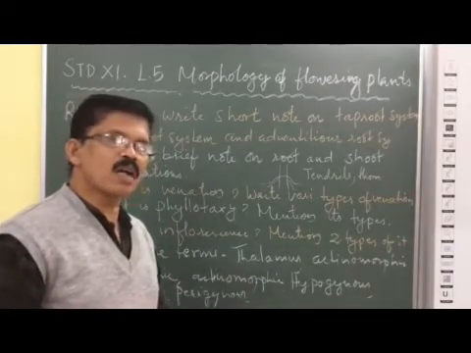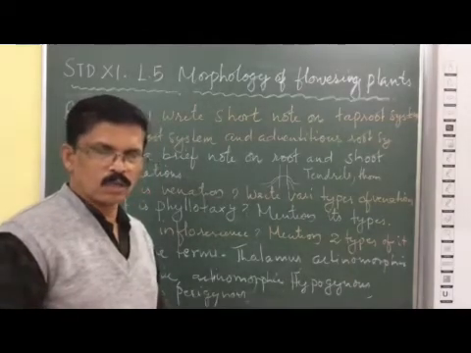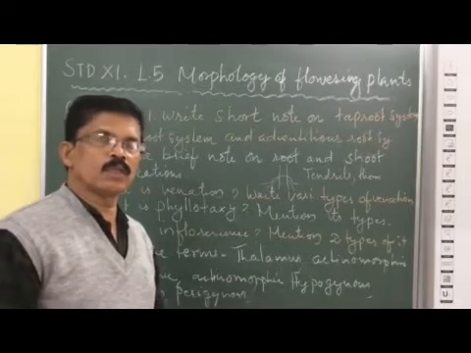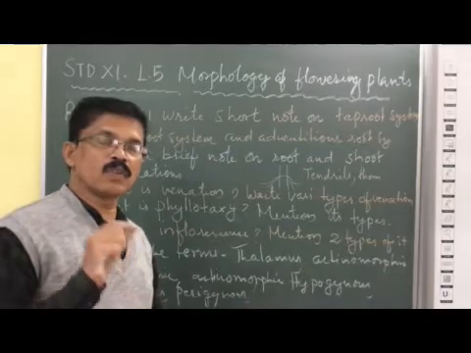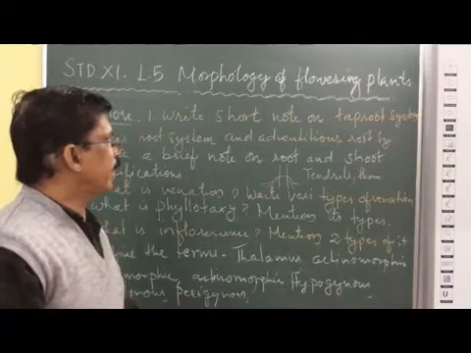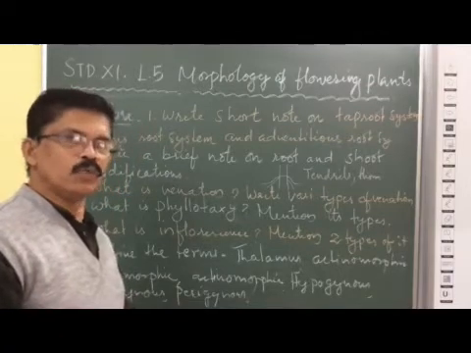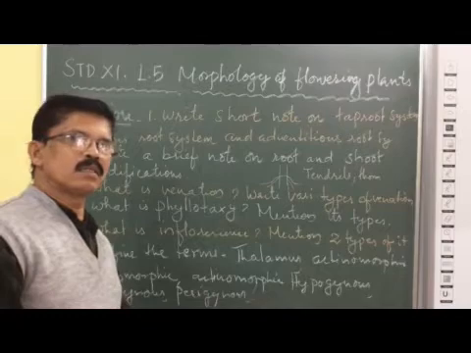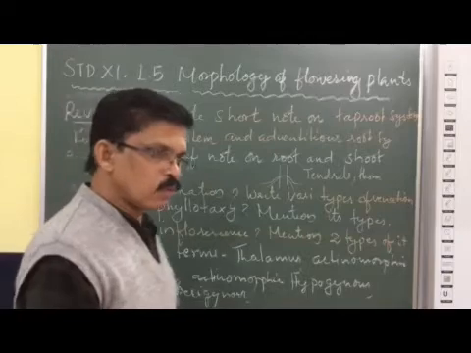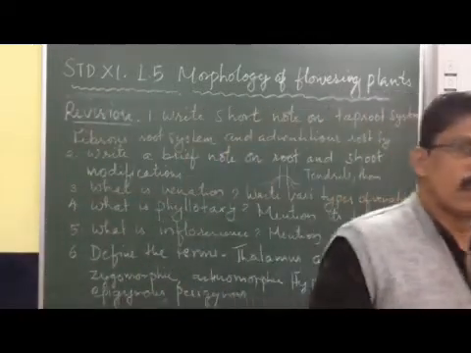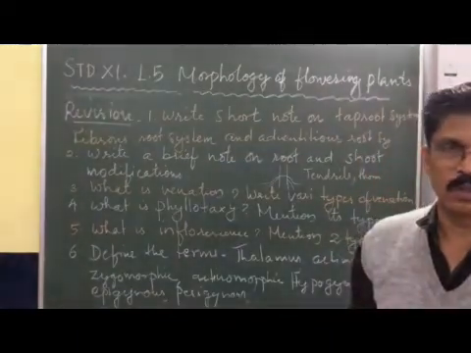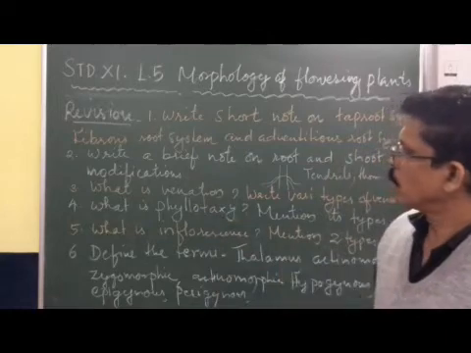Now, thorns are hard and pointed structures formed from the stem buds, which act as a defensive organ for the plants. Again, in cactus and euphorbia, we can say the stem modifies into a fleshy, leaf-like structure, which stores food and performs photosynthesis. All these are examples of stem modification.